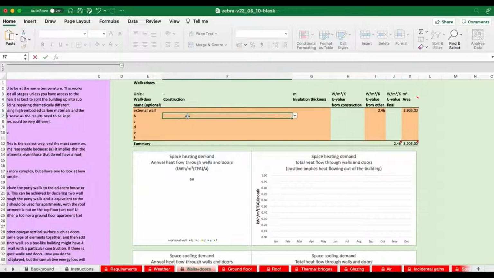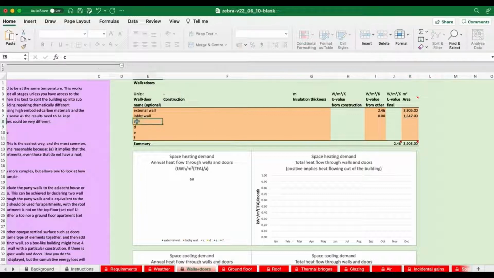We've then got the lobby walls as well to consider. So we put lobby wall, and the U value of that, as discussed earlier, we're going to set it as adiabatic, no heat exchange. We don't really know what the conditions are inside that lobby area. It's probably not as extreme as the outside conditions. It's sheltered in some kind of way, so the heat transfer will be different. So we're going to start that as adiabatic, and then we're going to change that later using parametric modeling. And the area of those walls is 1647.